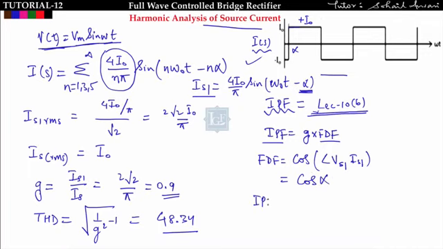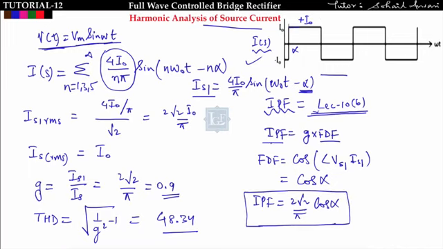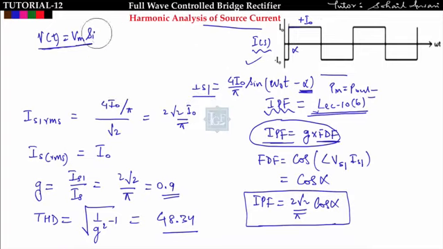So the input power factor is equal to G cos alpha, that is equal to 2 root 2 upon pi into cos alpha. You can follow this approach, that is input power factor equal to G into fundamental displacement factor, or you can also find the input power factor by putting P in equal to P out. Whenever you know the Fourier series of any kind of waveform, use this formula to find the input power factor. And if you don't know the Fourier series of the waveform, then for finding the input power factor always put P in equal to P out. So let us verify the input power factor by putting P in equal to P out.